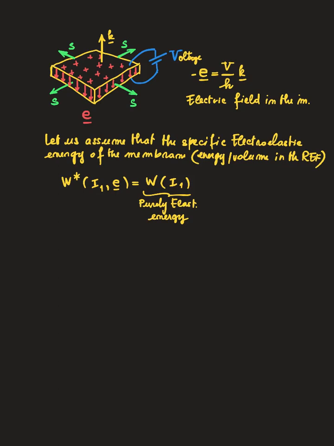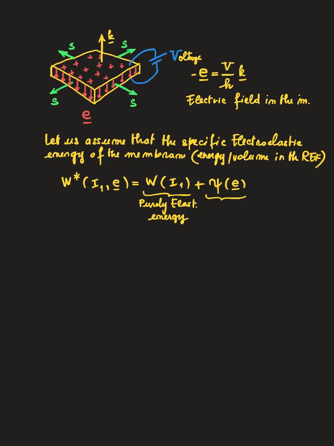And then there is the electric part. And so I will add plus, let me say, psi. And this psi depends on this little electric field here, E. So say I'm assuming that the only change that is made to the energy of this device enters the problem through the energy. So essentially, the total, say, internal energy of this device is a sum of